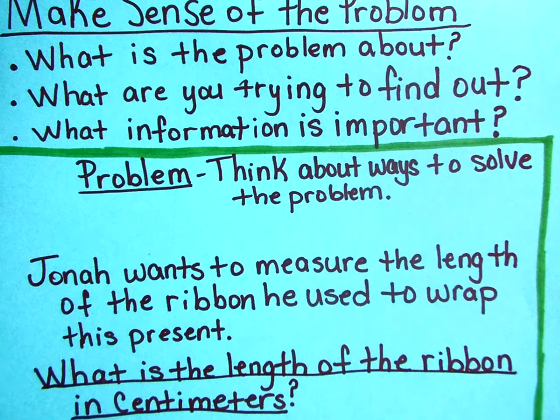Okay? Last step in our solving process. What information is important? I know the first thing some of you guys are going to say, but there's no numbers. Well, there's still other important information because we're talking about units of measurement now. So what in this question is important information? Well, look right here. In centimeters, because you have to know what unit you're going to measure in to get the correct measurement. So that's our important information. Okay? So,